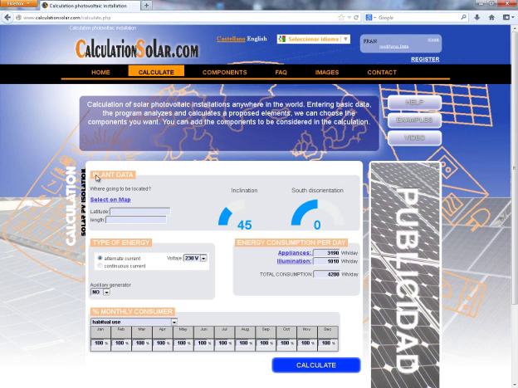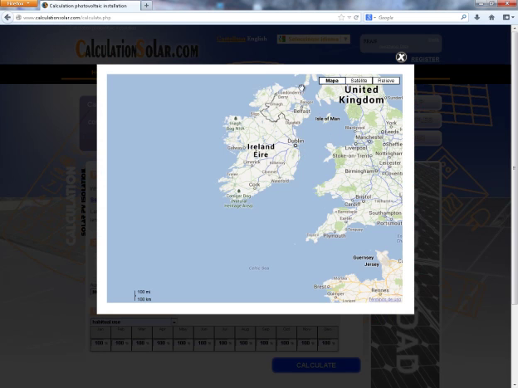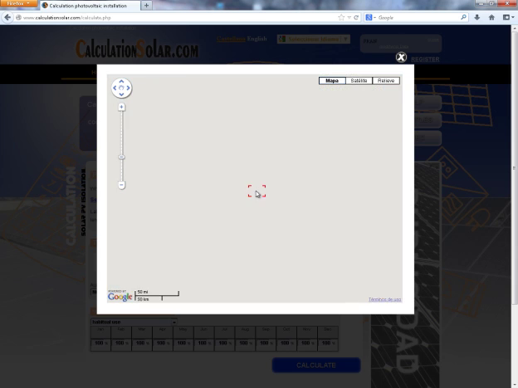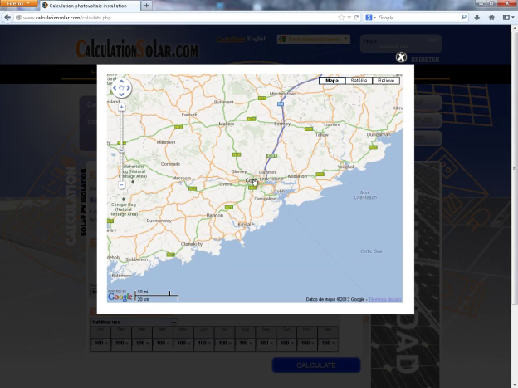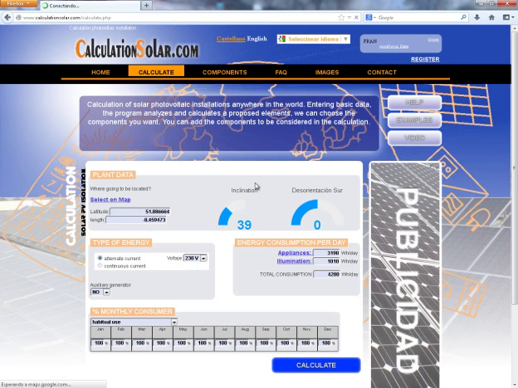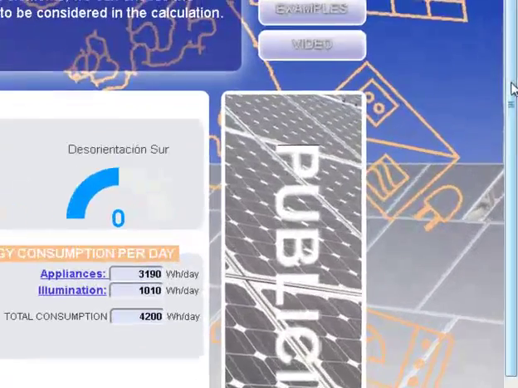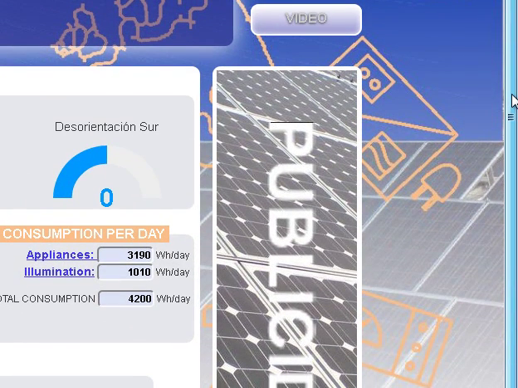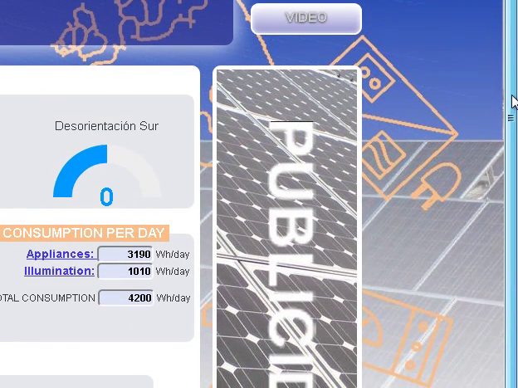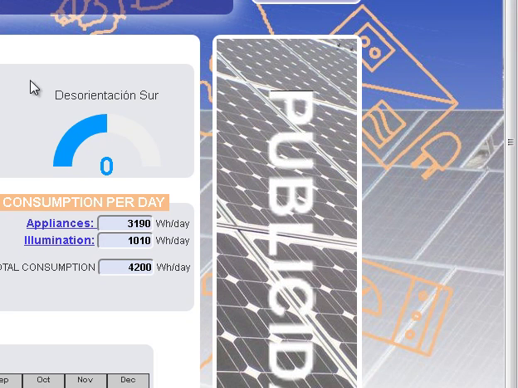As noted, we get the data entry menu. First of all, we choose our location by clicking on Select on the map. By Google Maps, we select our location. We can select any point on the planet. In this case, we select a location in Cork, Ireland. Pressing the button brings us back to the main screen, as it already has captured our latitude and longitude